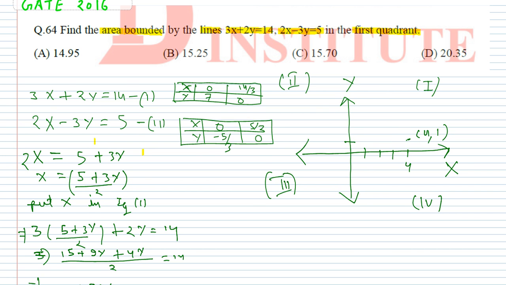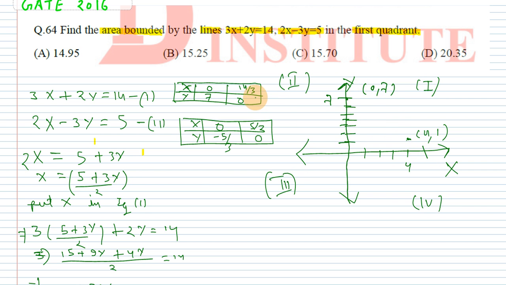The points which intersect the x and y axes. So from the first equation, if x is 0, then y is coming to be 7. So suppose this is 1, 2, 3, 4, 5, 6. Let me draw the extended form of the y axis. So this is 1, 2, 3, 4, 5, 6 and 7. So this is 7, and the coordinate is (0, 7). So this is the second point, right?